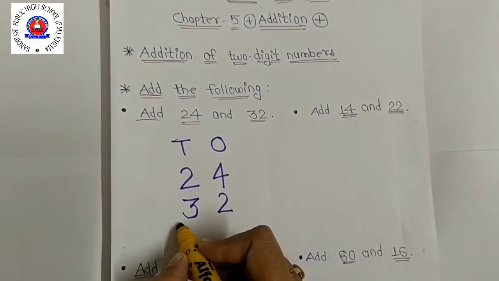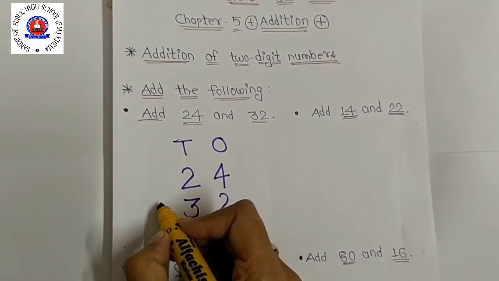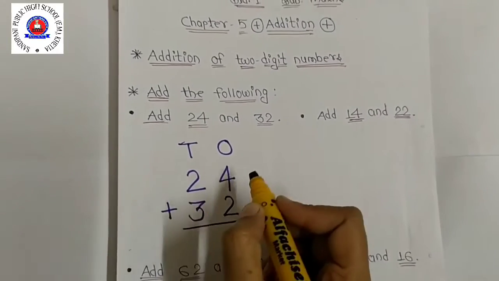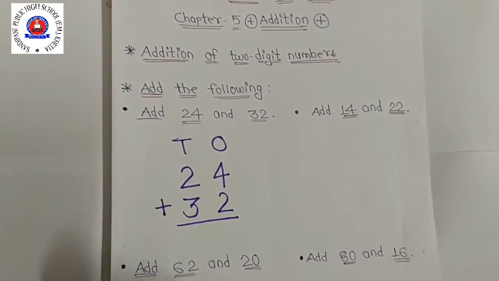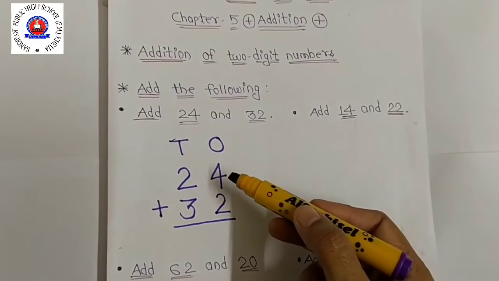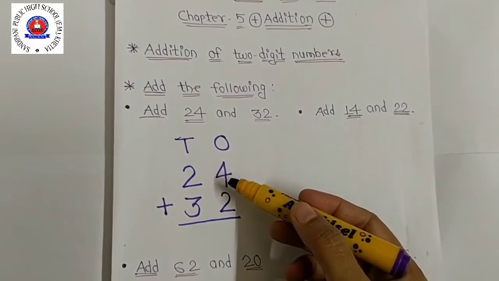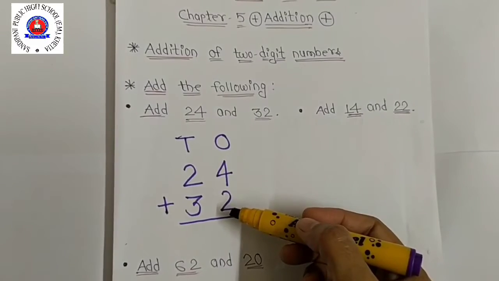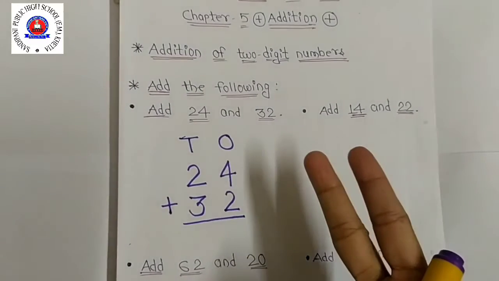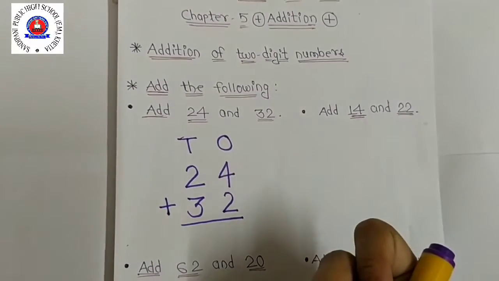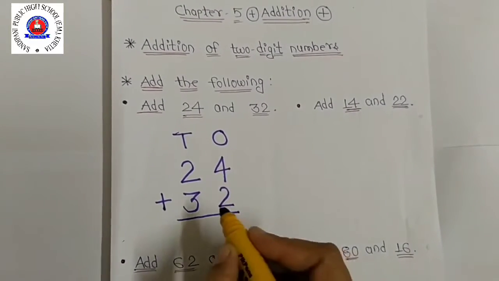Now add this. We have to use the plus sign to show we are doing addition. So what is this? 4 plus 2. Keep 4 in mind, and the next number is 2. Show 2 fingers, 1, 2. Now count after 4: 5, 6. So write here